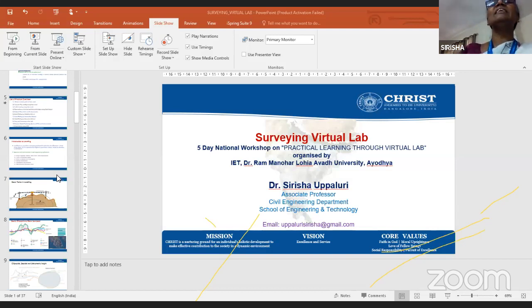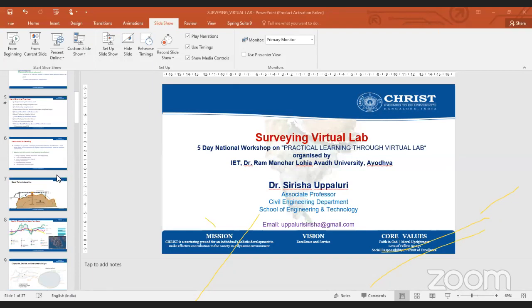If it is a plain area, there is no problem for visibility. You can have the same equal length: 0, 20, 40, 60, 80, up to the telescope capability. If it is rough terrain, like the IIT Roorkee animation, you need to shift the instrument from time to time based on the terrain conditions. Whatever it is, the horizontal distance between two staff stations is called chainage. The first point is zero chainage. The second point is whatever distance you are measuring. That is the chainage.